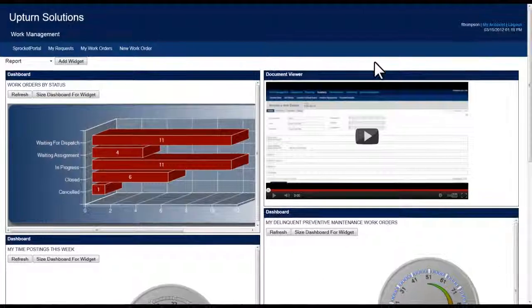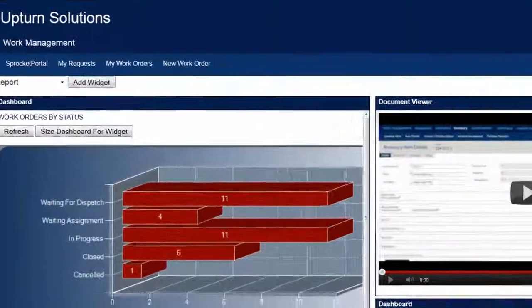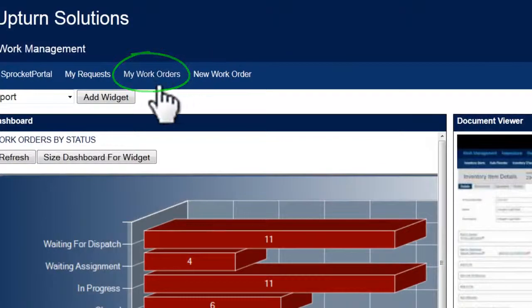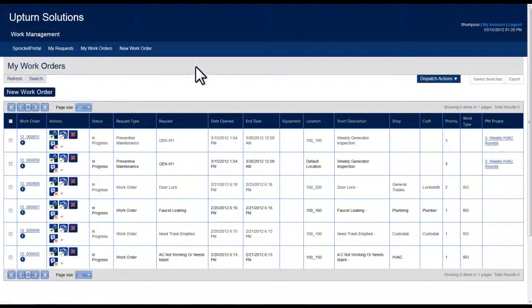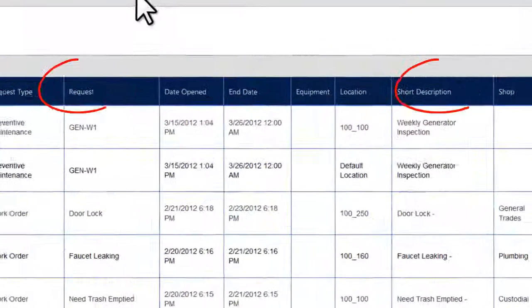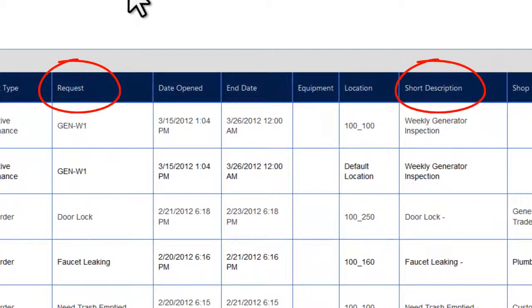Once Troy looks at his daily numbers, he can navigate to the My Work Order screen to view a list of work orders that are assigned to him. This grid gives him a brief view of the work orders that are in his queue. For example, just by skimming through the request or short description columns, he easily gets an idea of what the